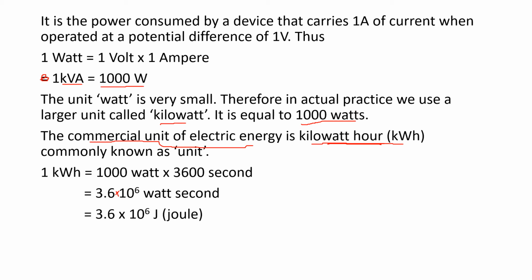This is 1 kilowatt hour, also written as 3.6 into 10 raised to 6 joule. So one commercial unit is 1 kilowatt hour, or 1 kilowatt hour is 3.6 into 10 raised to 6 joule. Also you can write it as 3, 6 and 5 zeros, 1, 2, 3, 4, 5 joule. So when you use this much energy, you are consuming one electrical unit, for which you get the electric bill.